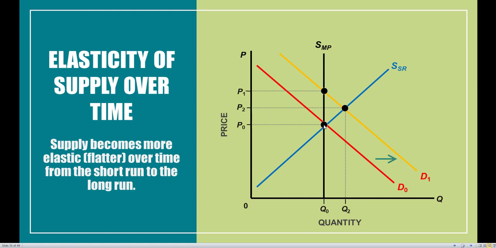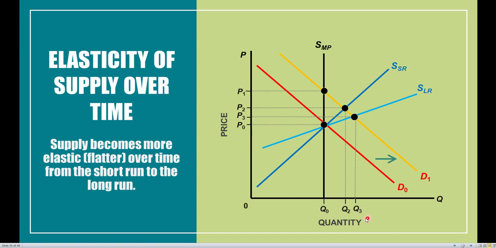And then finally here, we take a look at the longest time period, which is the long run. And once again, we have the flattest curve right here. So the long run is going to be the most elastic. As you notice, as we shift from the market period to the short run to the long run, the curve becomes flatter and flatter. We get more and more elastic as we extend the time period out. And what do we notice from this equilibrium to this particular equilibrium? We notice that prices go from P0 to P3, which is a very, very small increase in prices.